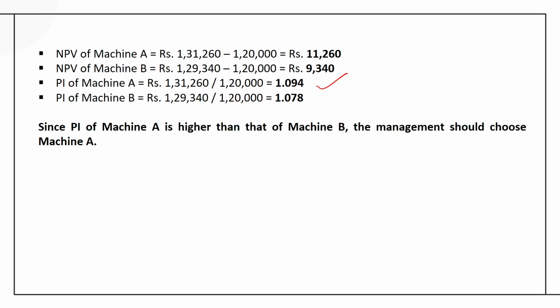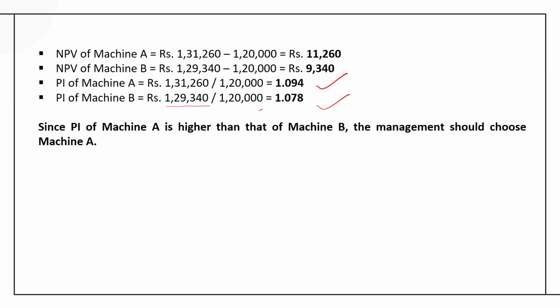finding out the profitability index from project B, it is 1,29,340 divided by 1,20,000, and here PI is 1.078. Had it been the choice of management to consider both the projects, if there were no capital rationing, management